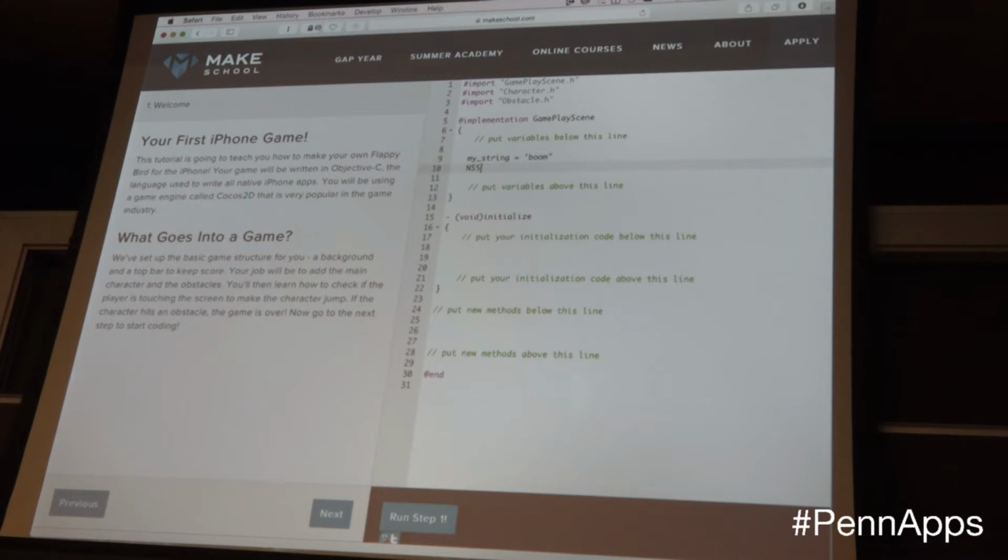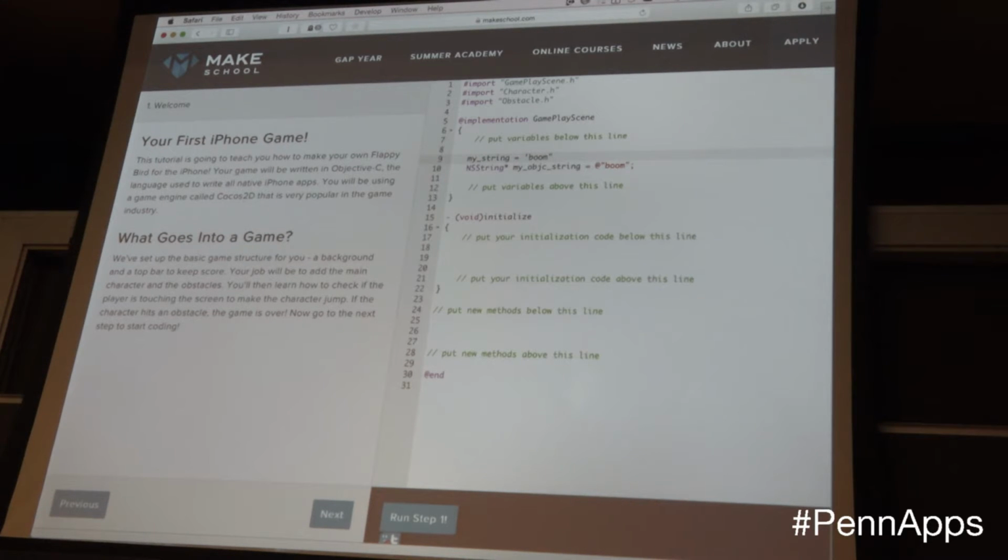You would say NSString, you put a little star because it's referencing a dynamic amount of memory, it's a pointer. myObjectiveCString, and for the compiler you actually put a little @ sign in front of it. It lets it know that this is a string. Boom. And you put a semicolon.